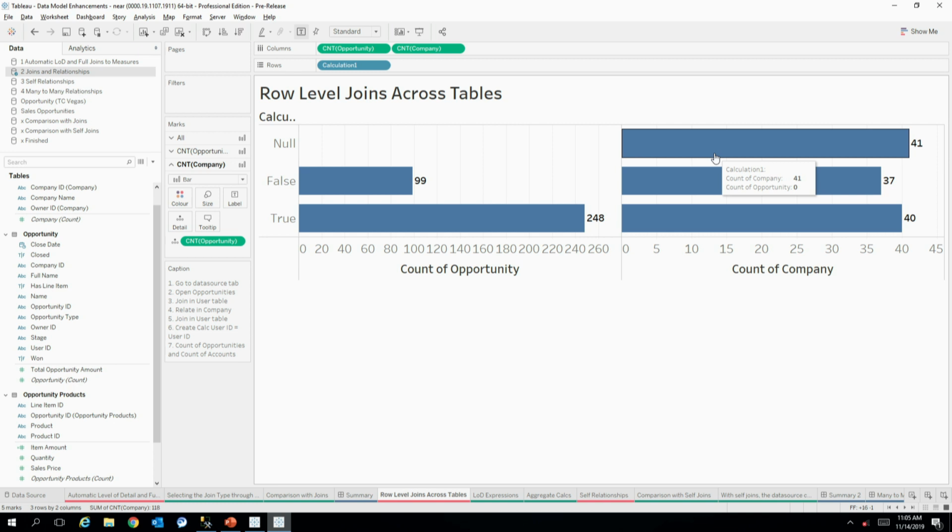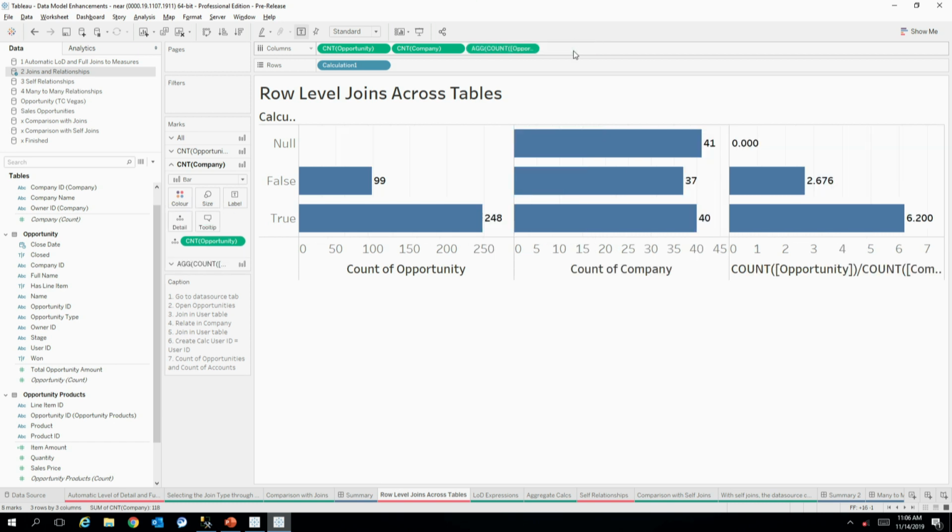It presents an interesting sales opportunity. Now we can also do aggregate calculations across the different tables in the same way as you would in Tableau today. So if I wanted to calculate a ratio of number of opportunities per company, I can simply drag and drop these calculations like normal Tableau. And so this is now also giving quite an interesting insight. What this tells you here is that